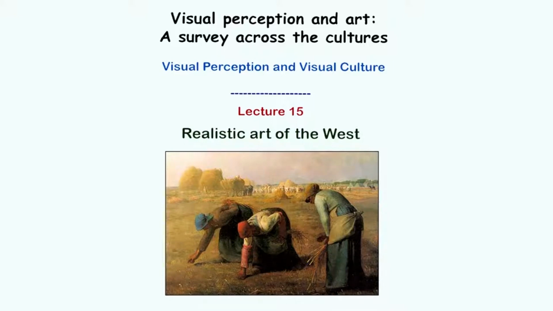Realistic art is something that we have already referred to when we were talking about the mimetic art. Now, mimetic art is a philosophical and a conceptual, a psychological, and of course a technical process. And there is also a whole range of variations within this category of mimetic art. In that sense, mimetic art and realistic art is pretty close to each other.